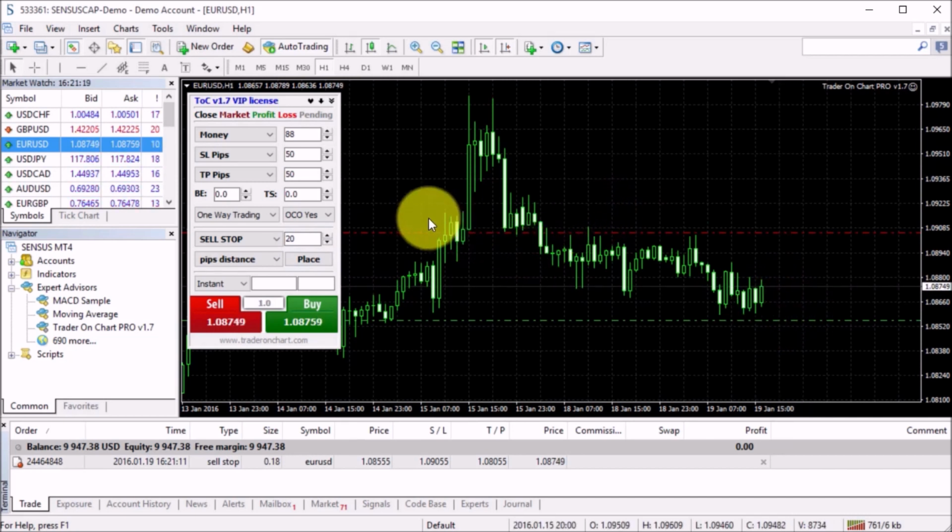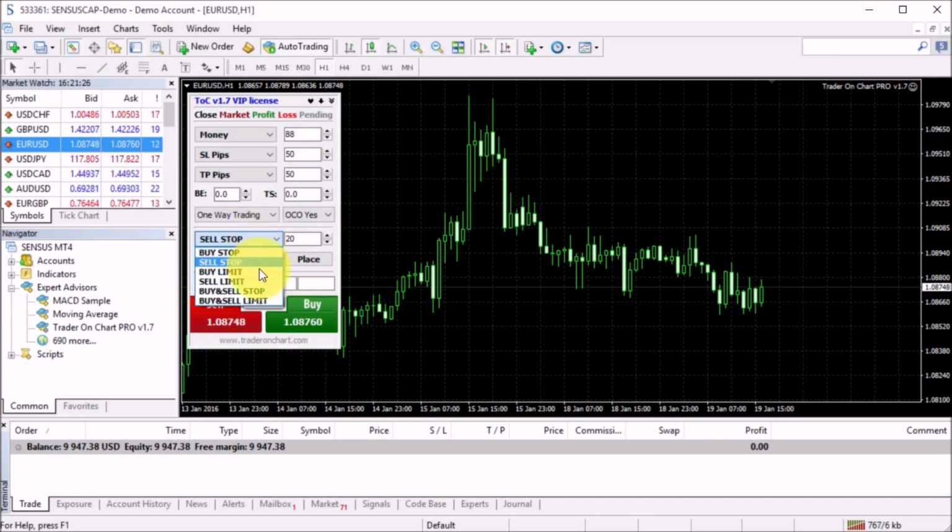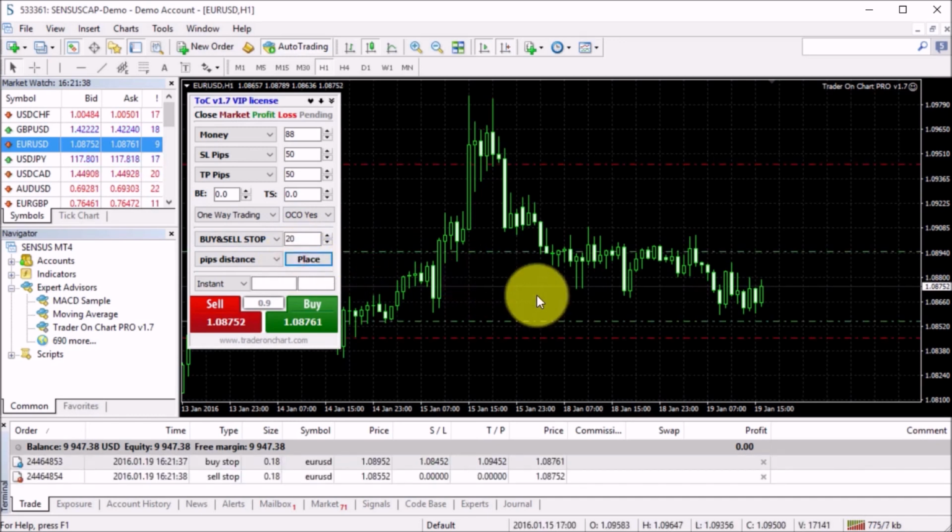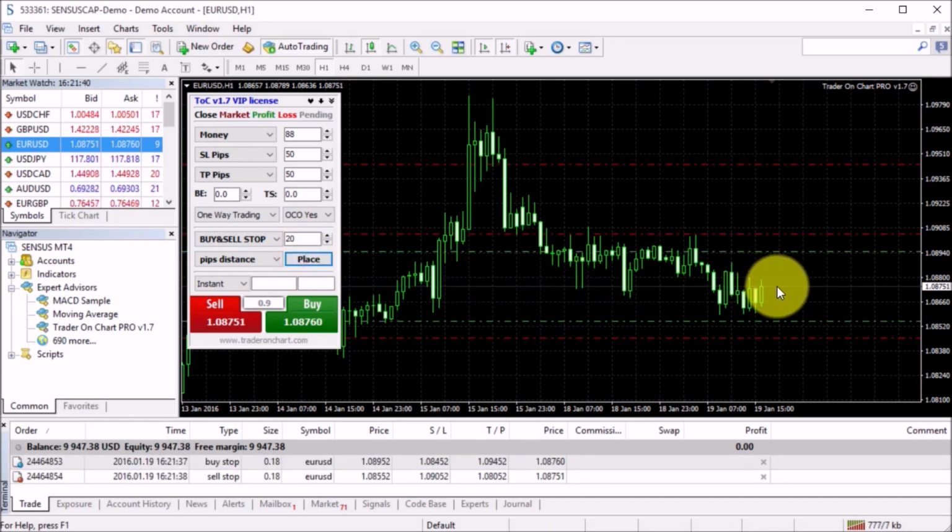Obviously, it adds a stop loss and take profit as well. Now, the cool thing about this is that you can choose buy and sell stops. And if I decide to place at 20 pips distance, it will happen like this. I click place button, and it will place a buy stop 20 pips above and a sell stop 20 pips below. So this is something that news traders use a lot,